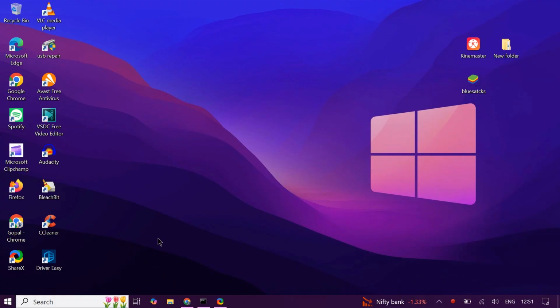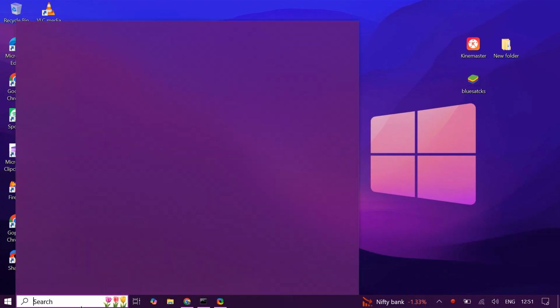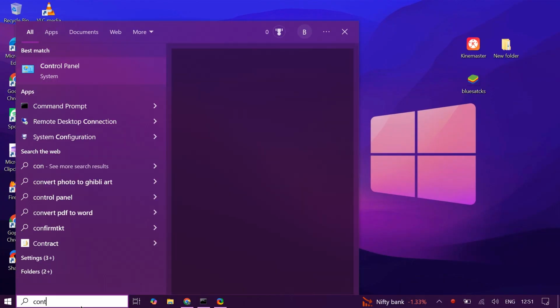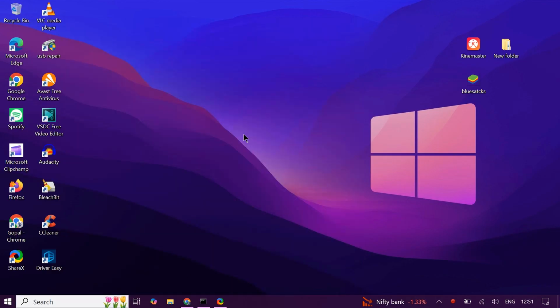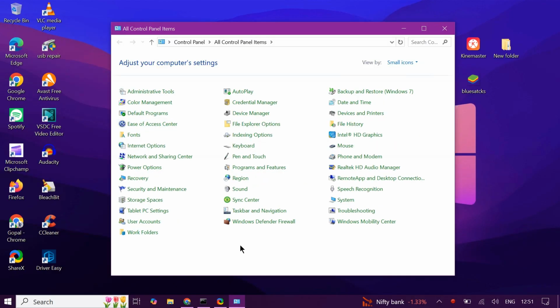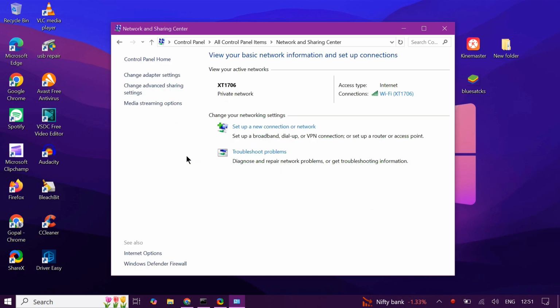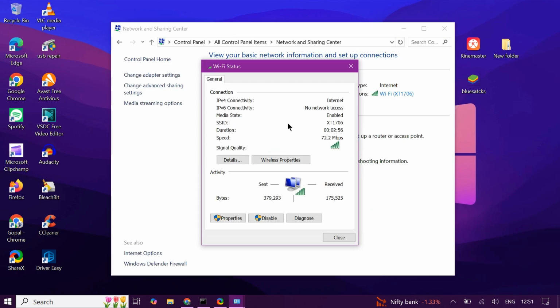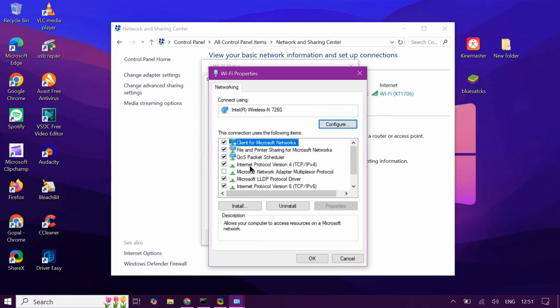Just after you connect, open your search and type here control panel. As you can see, just open it and here you can change the icon size. Select small icon. Open Network and Sharing Center. Select your Wi-Fi connection and click on properties, and here you can select Internet Protocol Version 4 and just